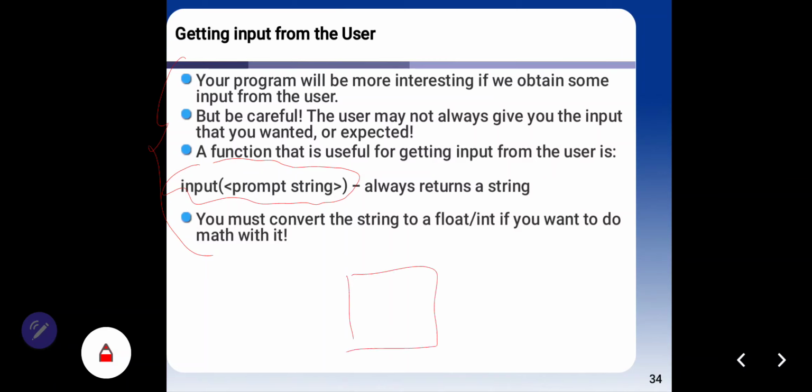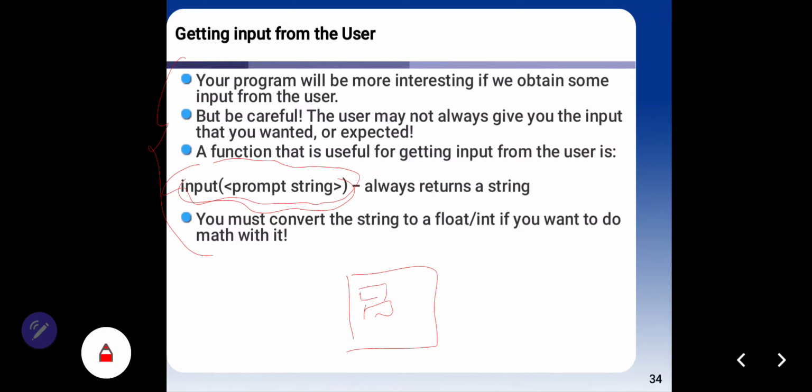So if your user inserts any data, you need to write code like this. If you have a question for your user, you can write code like this.